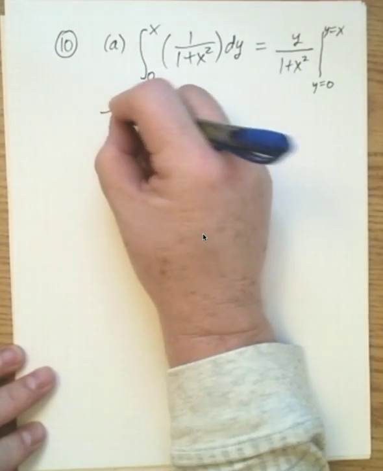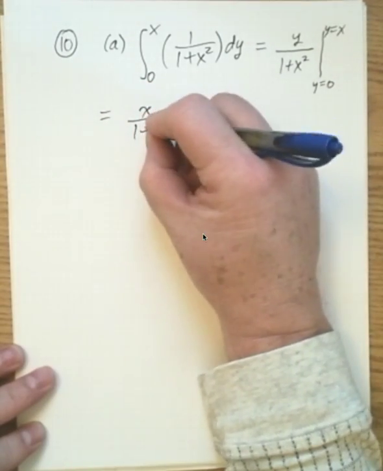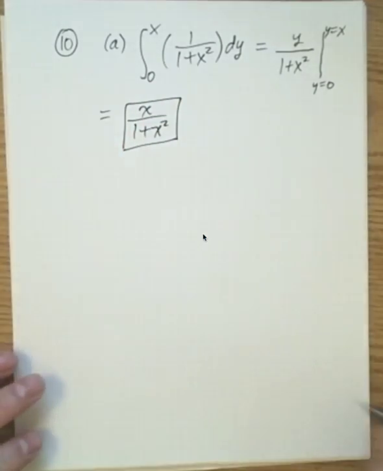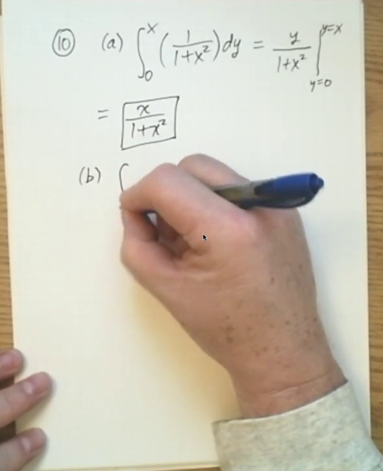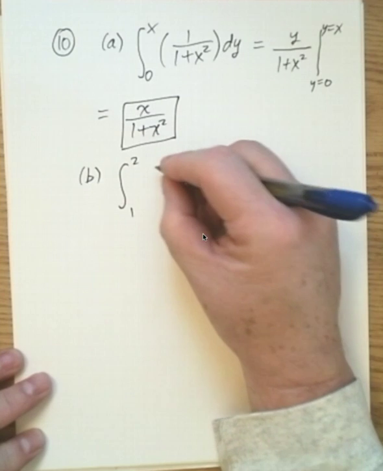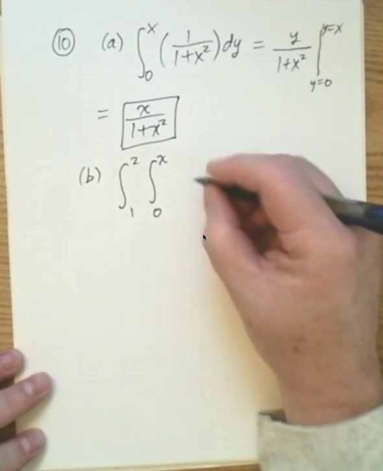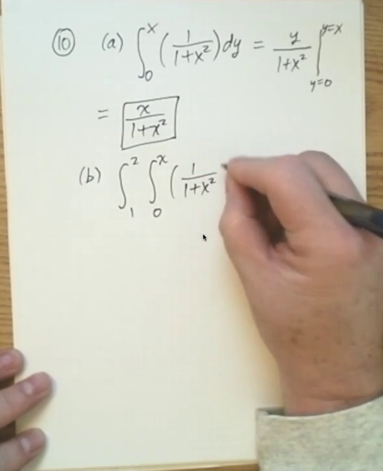I think you can do a quick mental calculation there and see we get x over 1 plus x squared. Let's box in that final answer and let's do part B. Part B then asks us to do what? We're integrating from 1 to 2, 0 to x, 1 over 1 plus x squared dy